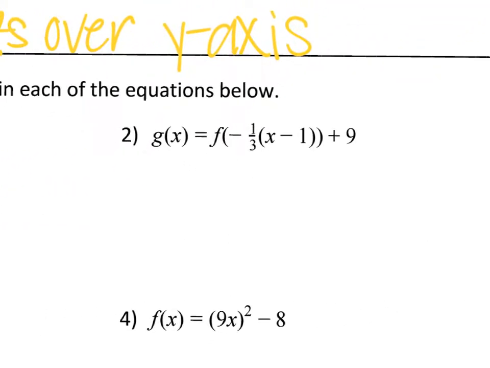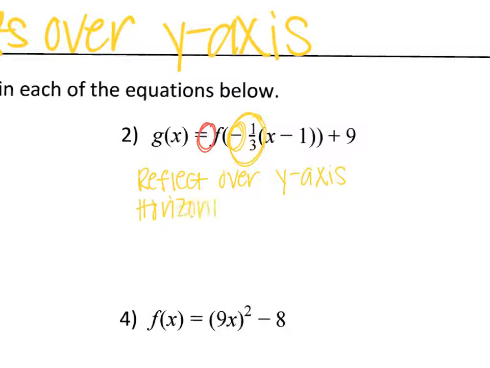Again, there's no A on the outside. I'm not multiplying by anything out here. There is this -1/3 on the inside. Since it's negative, this negative sign tells me that we're going to do a reflection over the y-axis. The 1/3 tells me it's between 0 and 1, so it's going to be a horizontal stretch